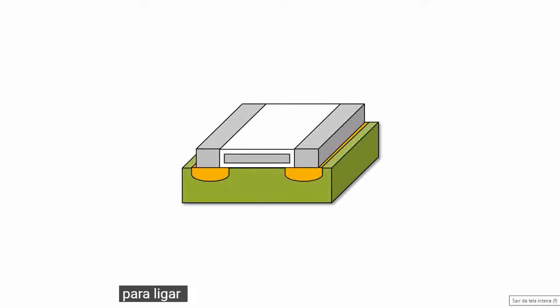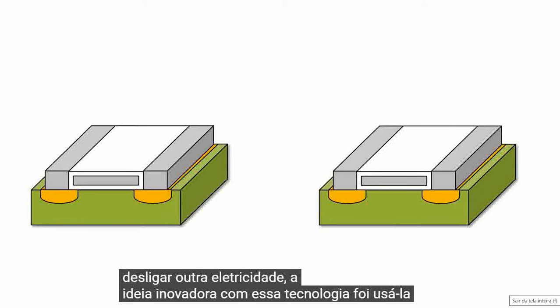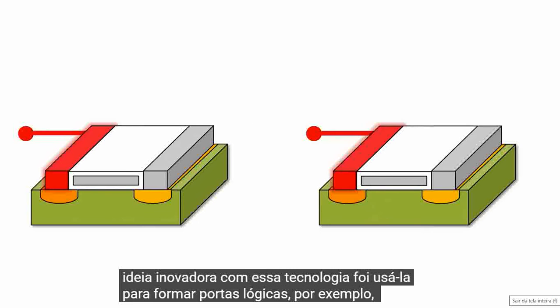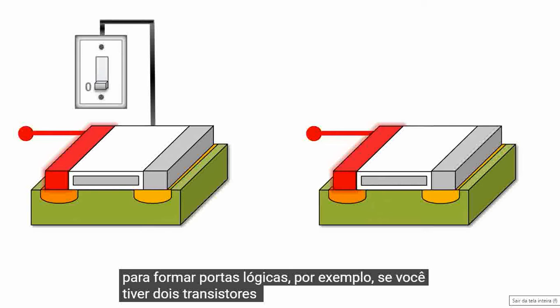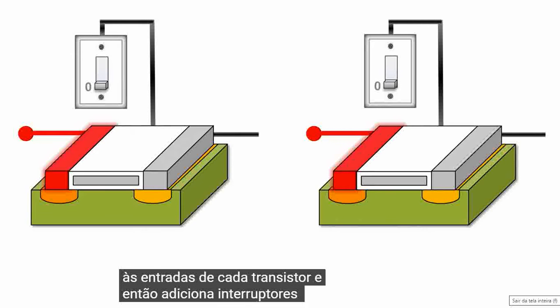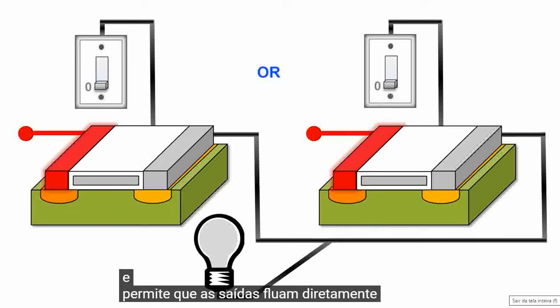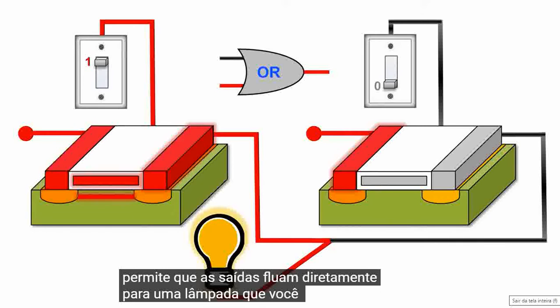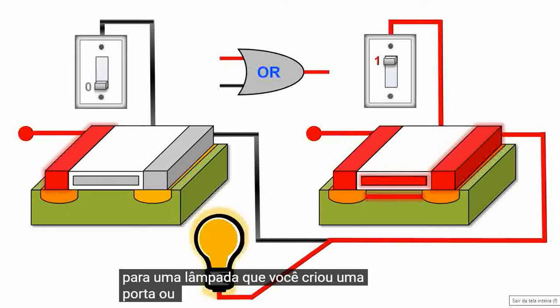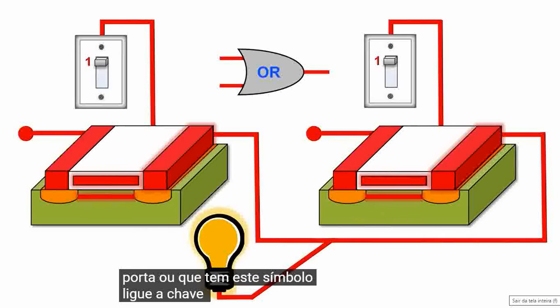The breakthrough idea with this technology was using it to form logic gates. For instance, if you have two transistors and you add power to the inputs of each transistor, and then add switches to each of the gates and allow the outputs to both flow directly to a light bulb, you have created an OR gate, which has this symbol. Turn the left switch on, or the right switch on, or even both switches on, and the light bulb turns